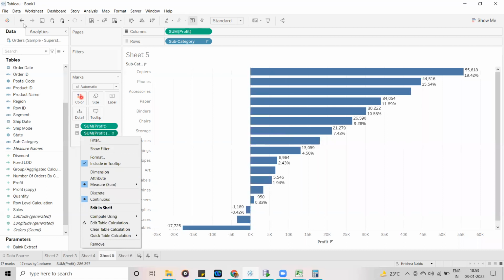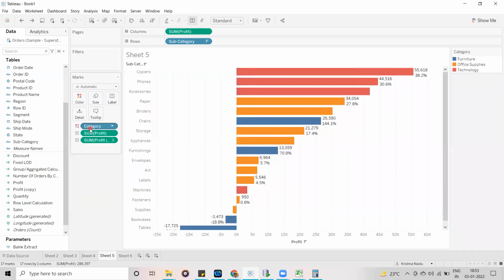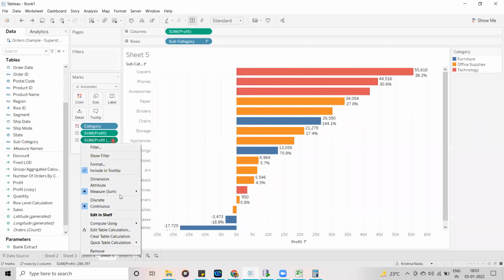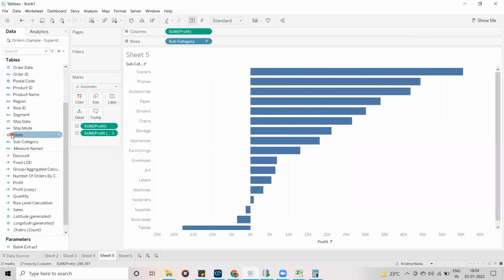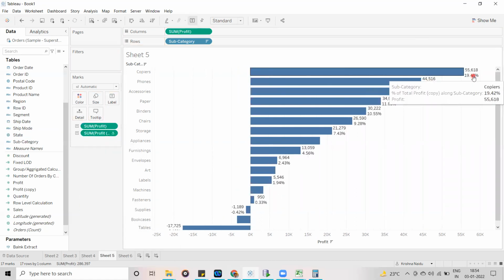Okay, let's go back. Here the category is available, so that's why the calculation happened at the category level. Here in compute using you can see category is available. The calculation is applied category-wise, and in each category, subcategory-wise. Now if you remove this category, this is going to change.